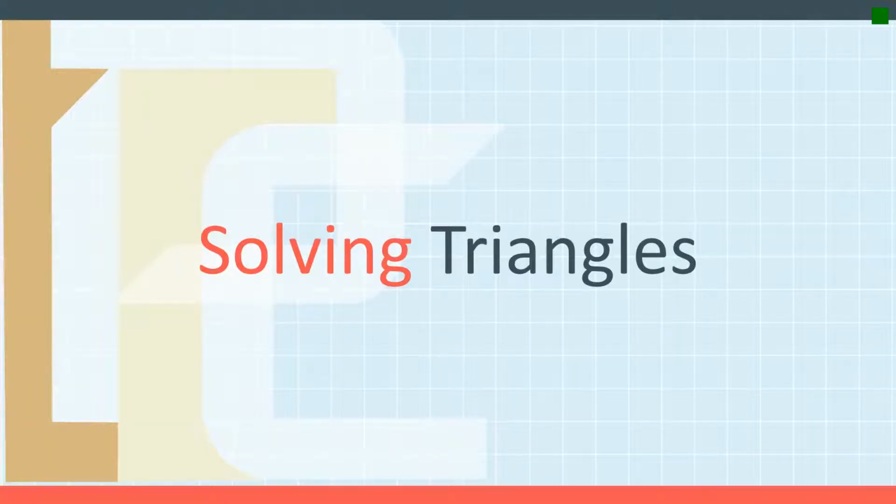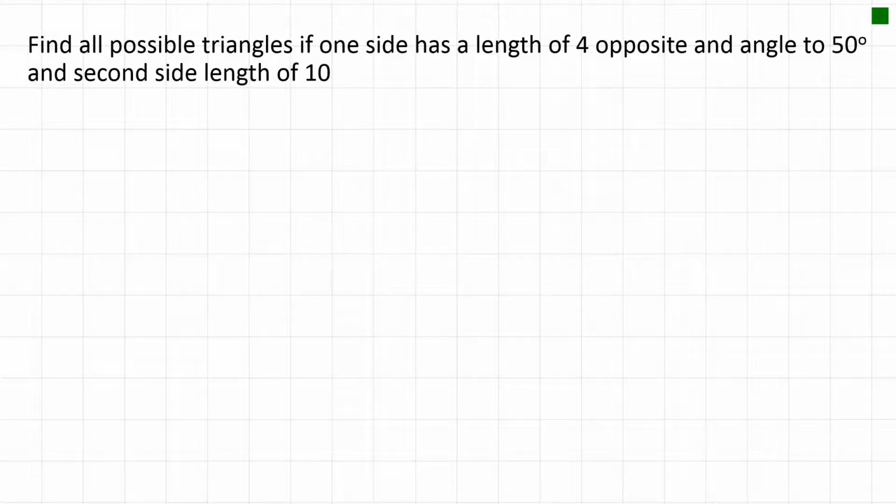Solving triangles. So here we go. We're going to try and find all the possible triangles. That means there might be more than one, or there might be none, or there might just be one. We'll take a look. I like to start with a sketch to make a prediction, and then follow it up